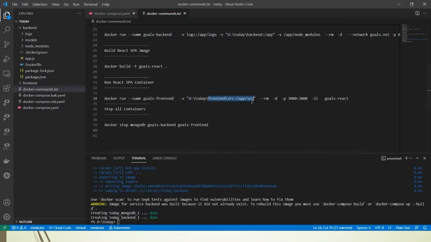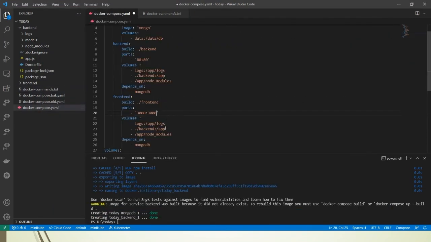Sorry, single volume. So I will put it over here, like that. The dot will be put and the slash will be like this. So it is dot slash front end dot src. This is that. Then we will remove all this because it is not needed over here. For the volumes, there is only one key now.